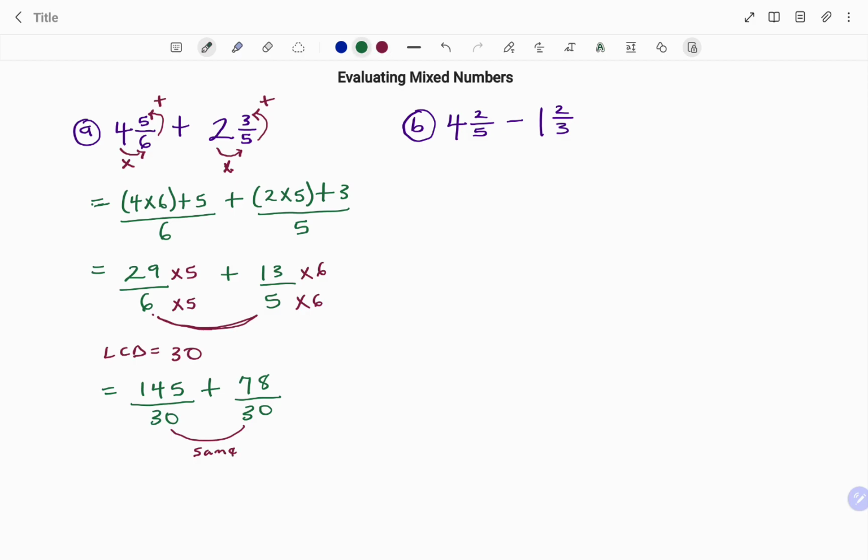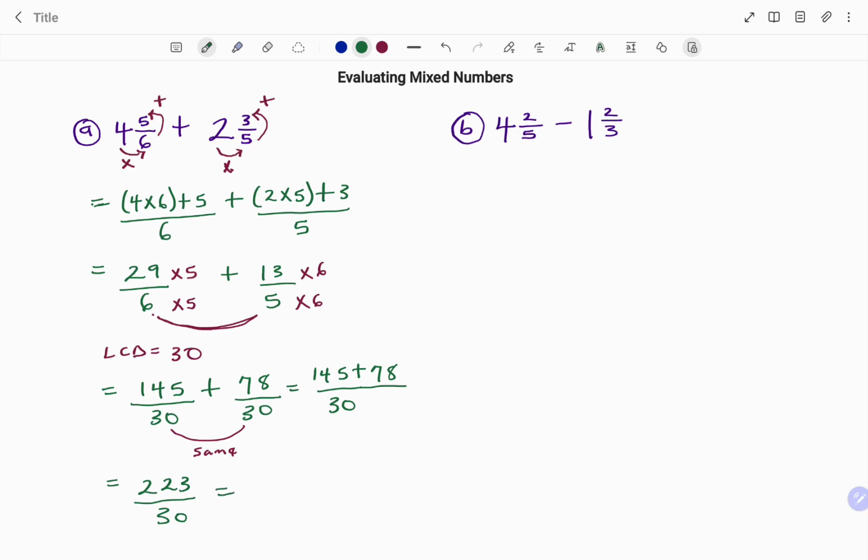So therefore, adding my fractions when the denominators are the same, I put them under the same denominator, that's 30. 145 plus 78 at the top, and what that will give me is 223 divided by 30,